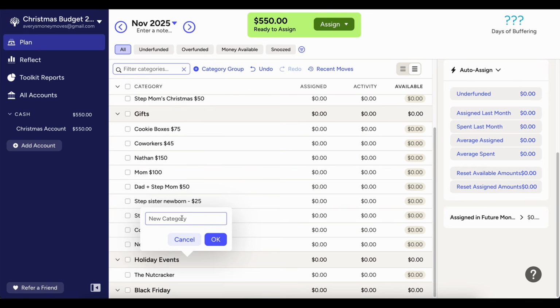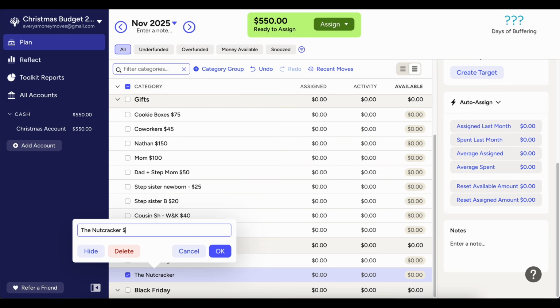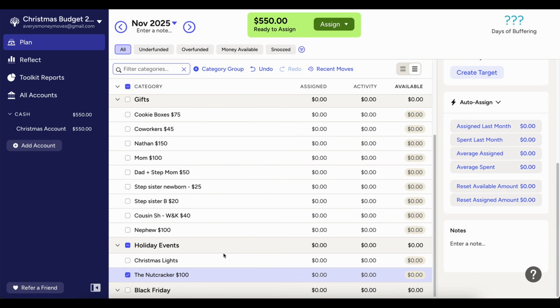I was also thinking of Christmas lights, going to one of those. So for these things, I don't know what the cost of Nutcracker tickets would be. I think if we're flexible, there's a possibility that we could get a pay what you can ticket. In that case, it would maybe be cheaper, and you just go with whatever seats they have available for that showing. I think I can be pretty flexible with the Nutcracker if I want to attend.